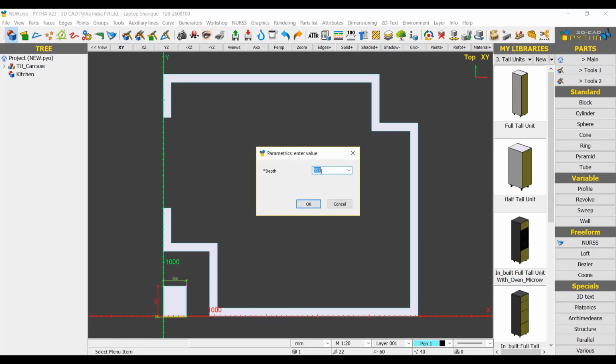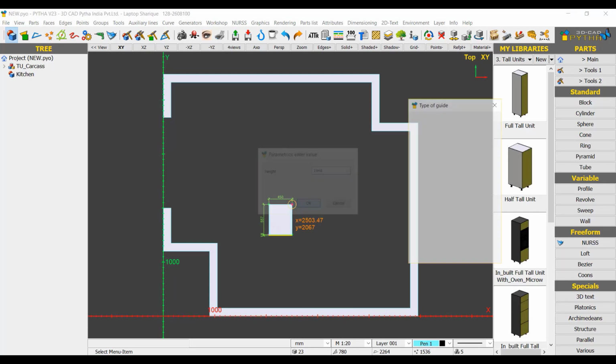For the depth, 557. As you can see, there is an additional character, that is a star in front of the text. The reason for the star is this star helps Python to store the same value for the entire project. This means that when other cabinets are loaded, Python will automatically adjust the depth according to the stored value. It will then ask me for the star front thick. Click on OK. The height, OK.